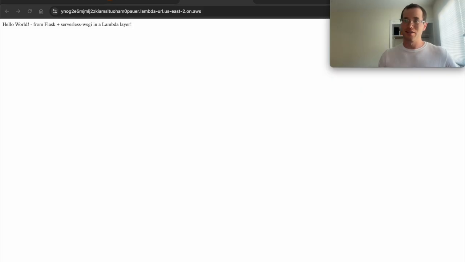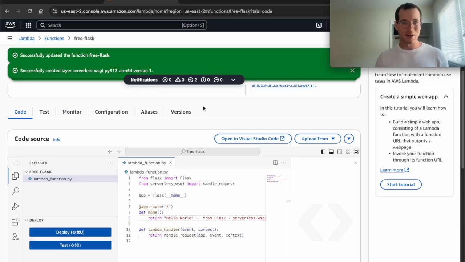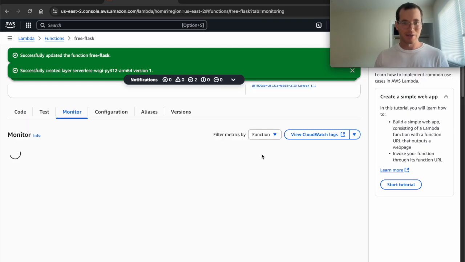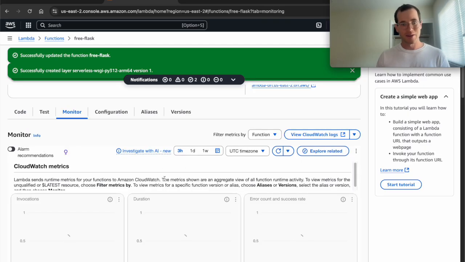But the key thing to note is you're allowed to have 1 million requests per month, 1 million invocations of this Lambda function per month for free. But if you go over that number, they start charging 20 cents per million additional invocations of that Lambda function. You're also charged on the duration that your Lambda function runs. So if you look at the logs, you can go to monitor,